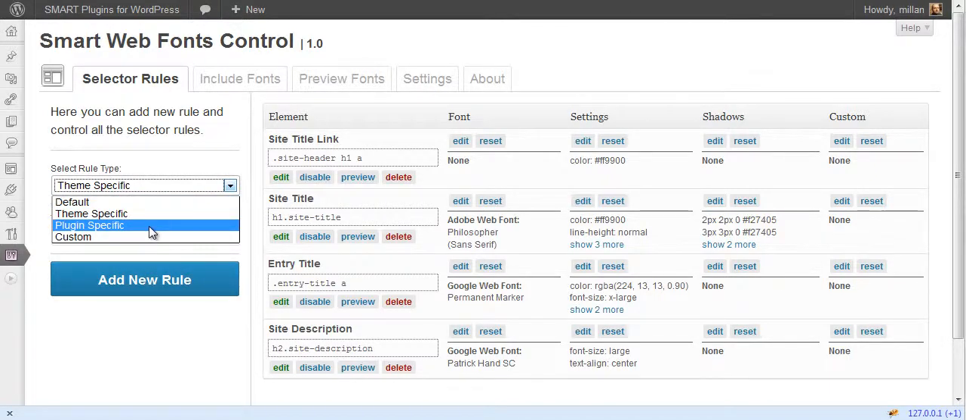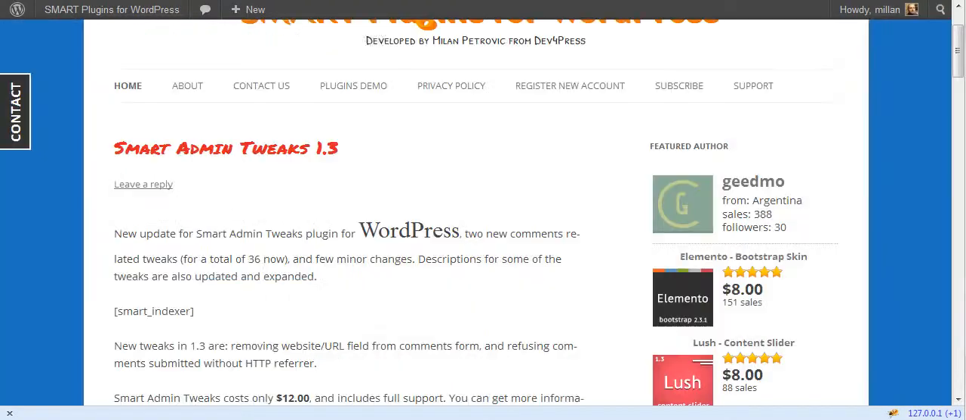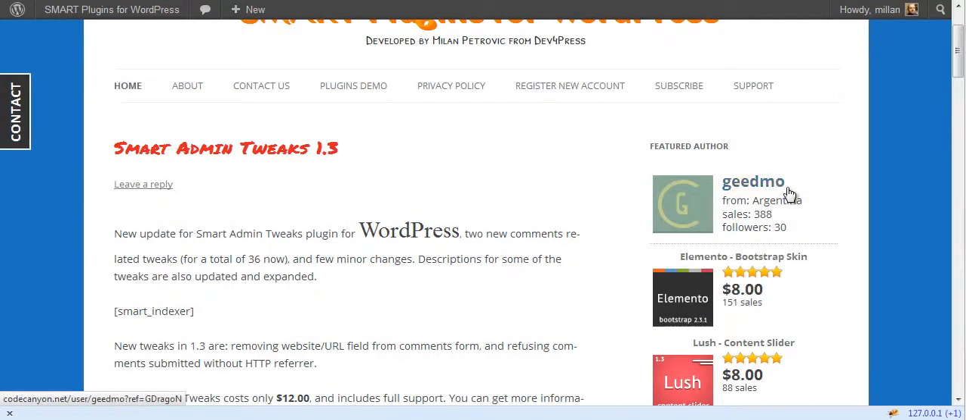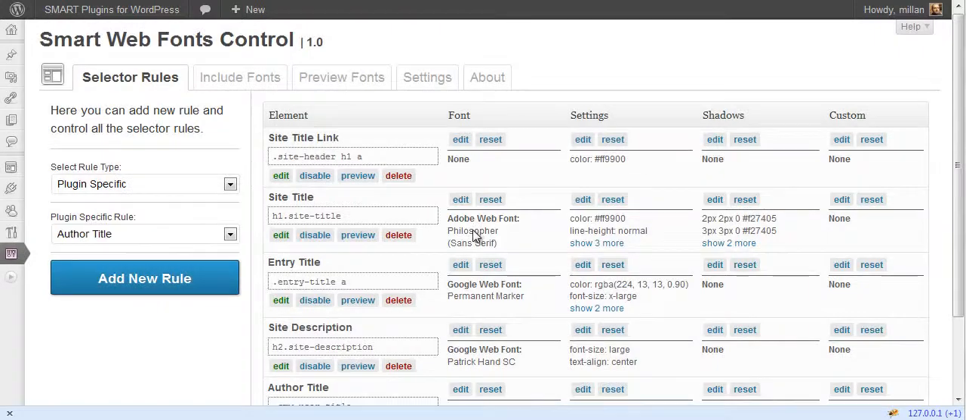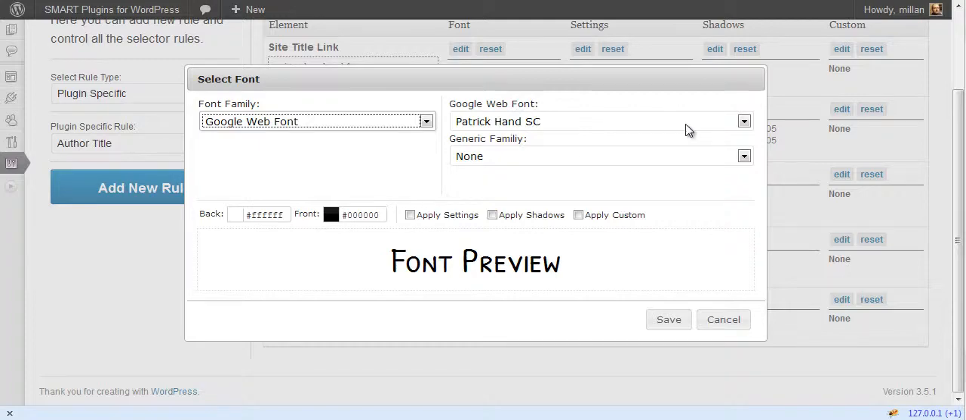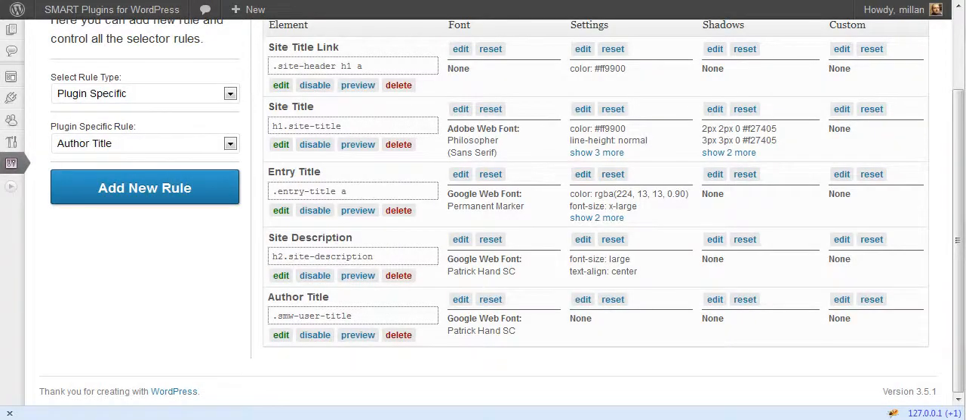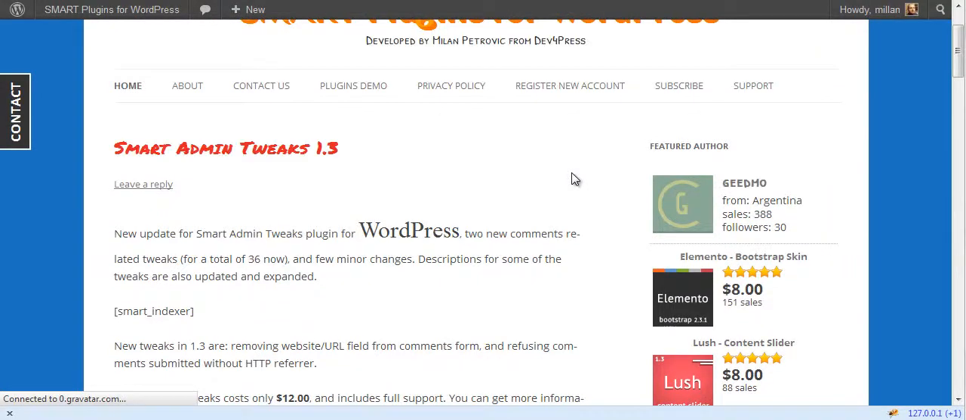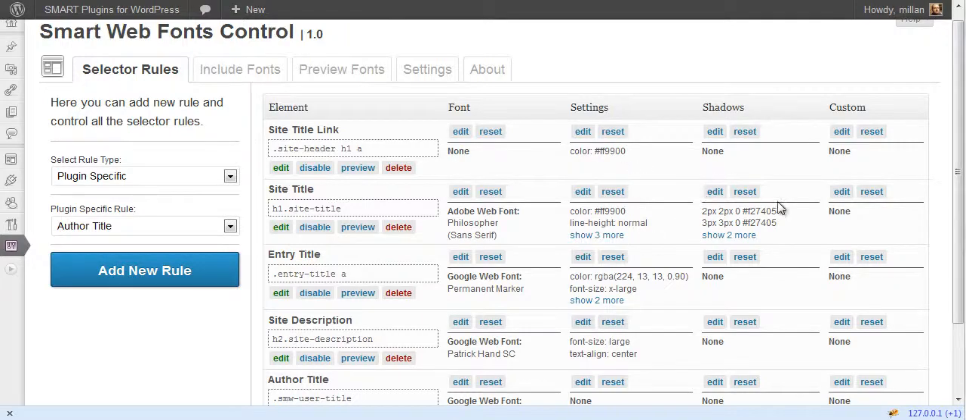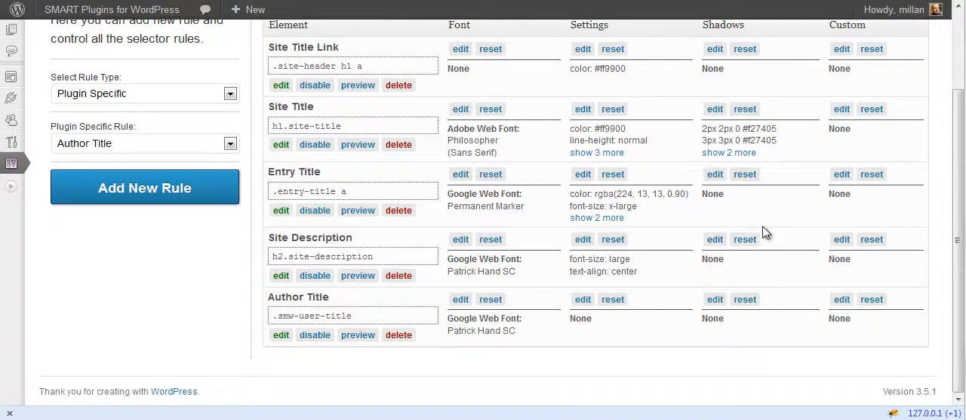And also plugins can register rules. So right now we have rules for smart market widgets here, and we can set author title. This is author widget and this is the title for it. We'll apply a font. Here it is. So basically you can apply only font, only settings or shadows, or combination of any of those,